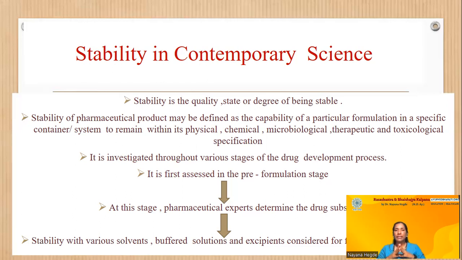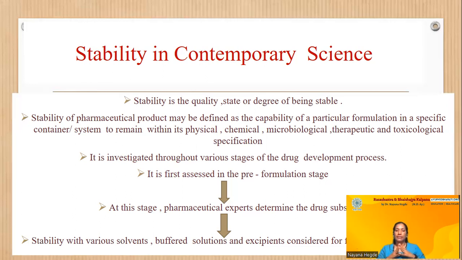The stability of the medicine is investigated throughout the various stages of the drug development process. मतलब जैसे शेल्फ लाइफ को किया है, वैसे ही ड्रग को डेवलपमेंट करते वक्त दूसरे दूसरे स्टेज आते हैं ना, तब स्टेबिलिटी ऑफ द ड्रग को एस्टिमेट करना चाहिए और